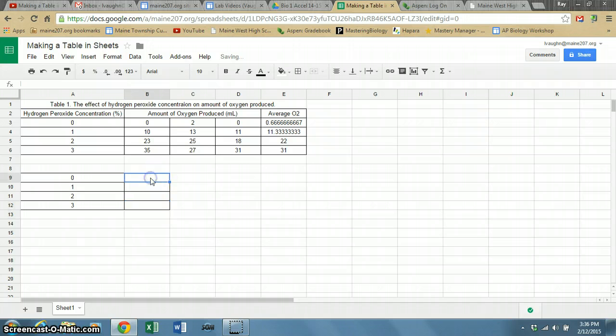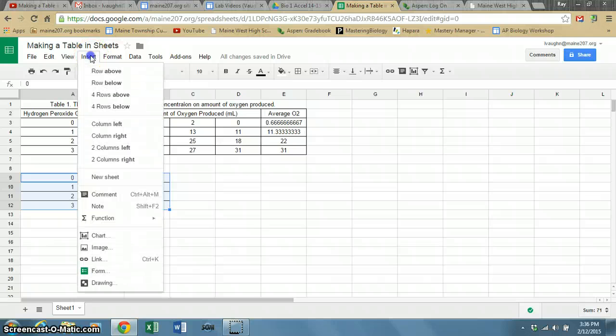So I'm just going to do 0.67, 11.33, 22, and 31. So this is the data that I just want to graph. Now I'm going to highlight that data, go to Insert,